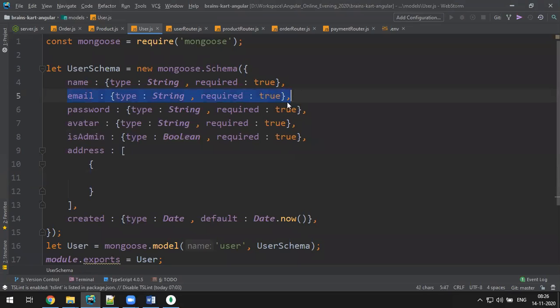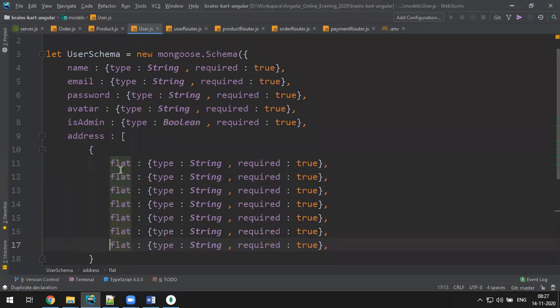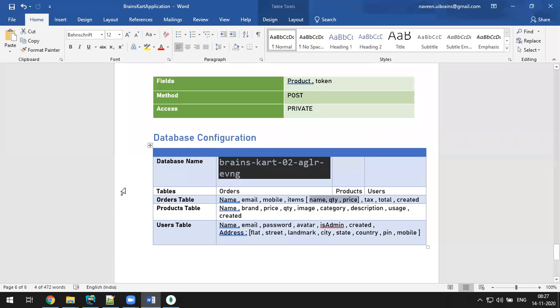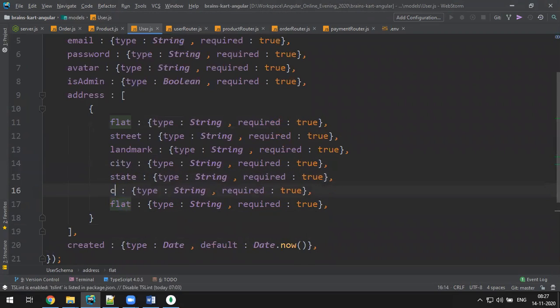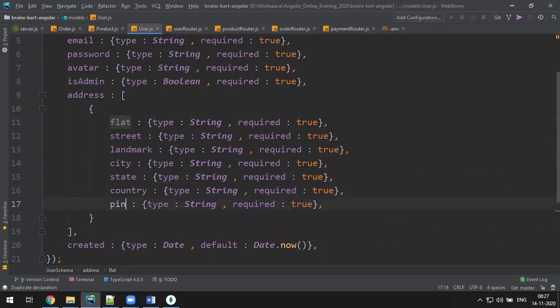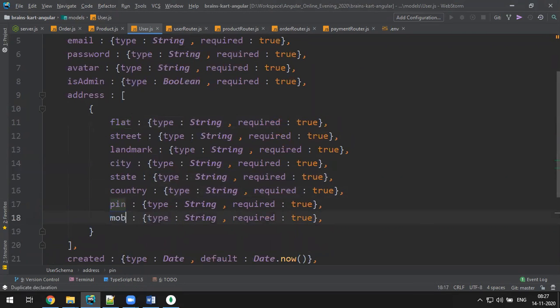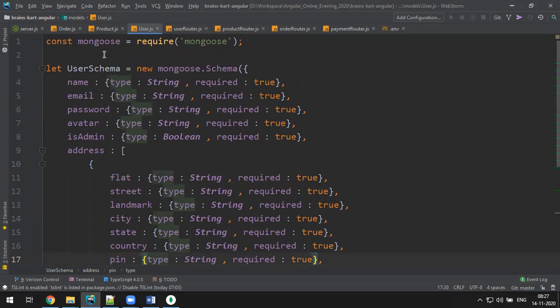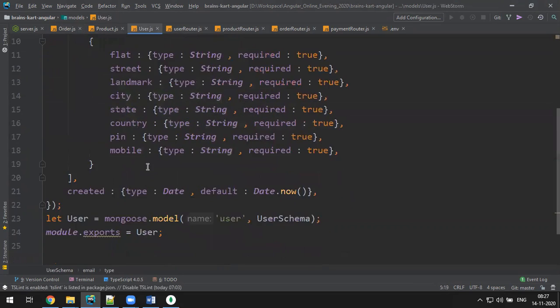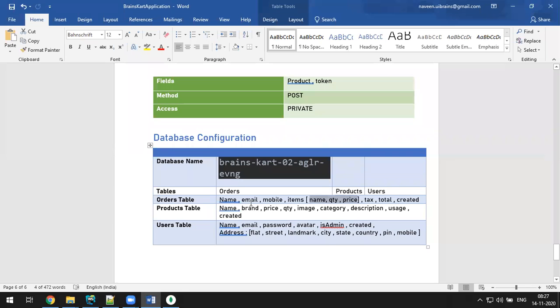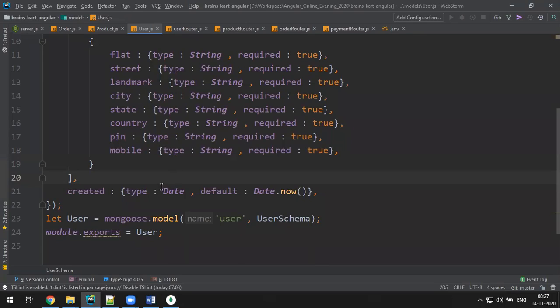Can you copy something? So flat, street, landmark, city, state, country, pin, mobile. Mobile also I'm using string only because I have used the same mobile in the order item also. It's string. So here also string. So no conversion problem will come. String it is. Fine. Anything else? That's it. Okay. So we have finished with